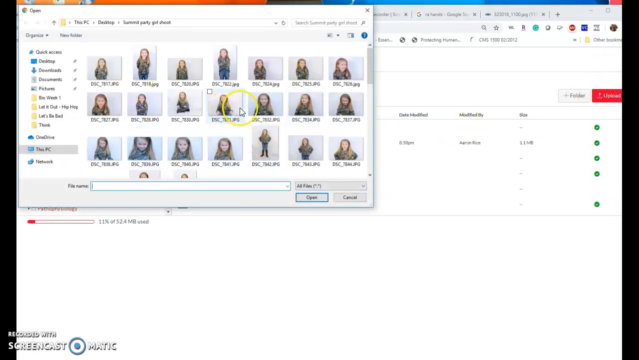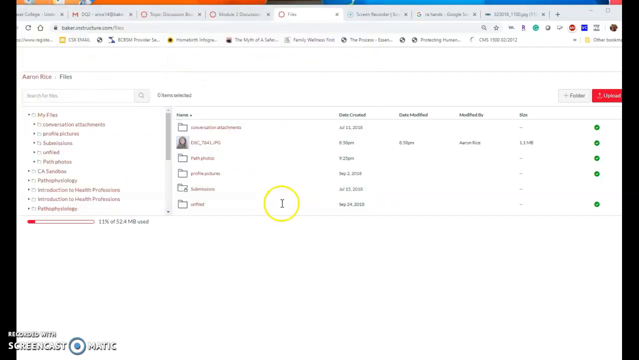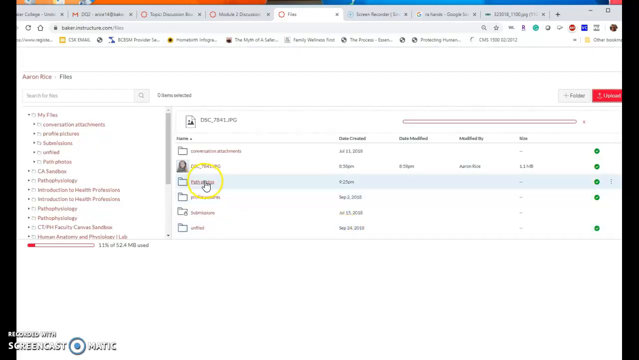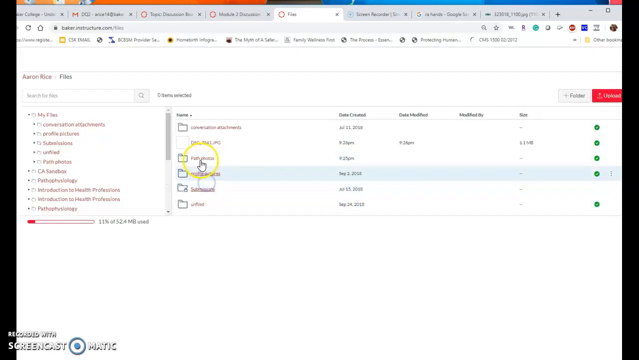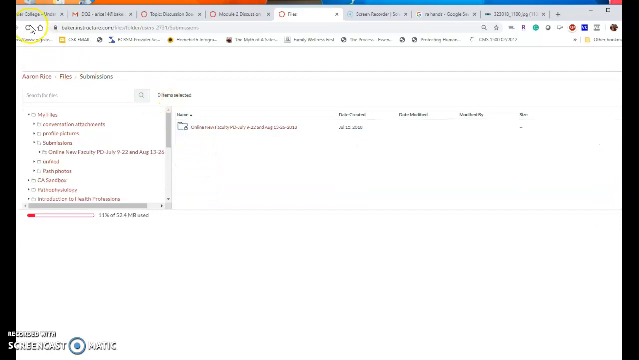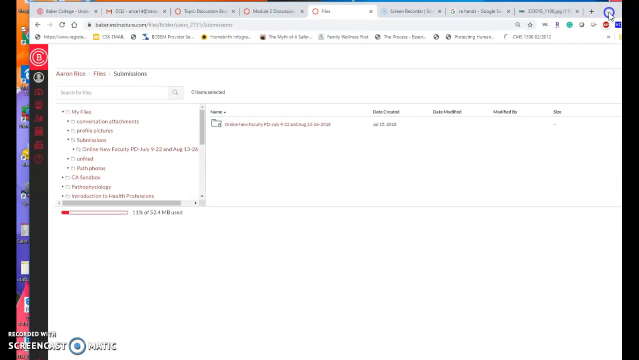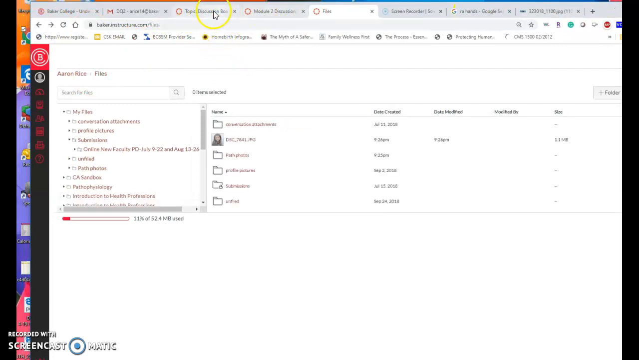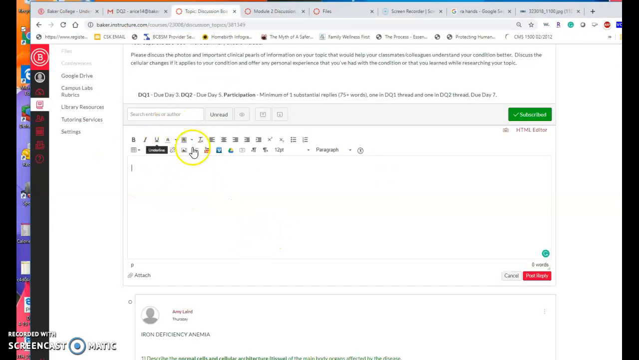I don't have any path photos. I'll use one of my daughter here. Click on that photo, click open. It will upload it into, let's say it already exists because I had already uploaded it here a second ago. I'll just hit replace, and then in this case it'll be under the path photos. And anyways, when we go back to the discussion board and you're going to embed it